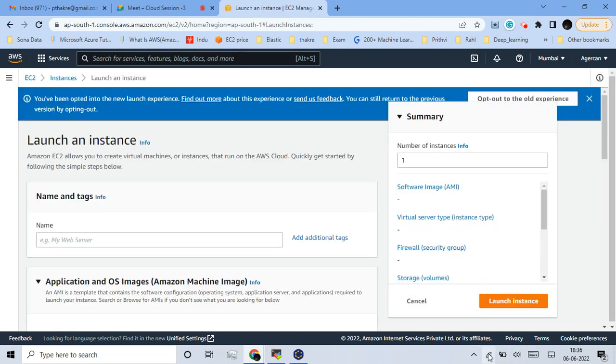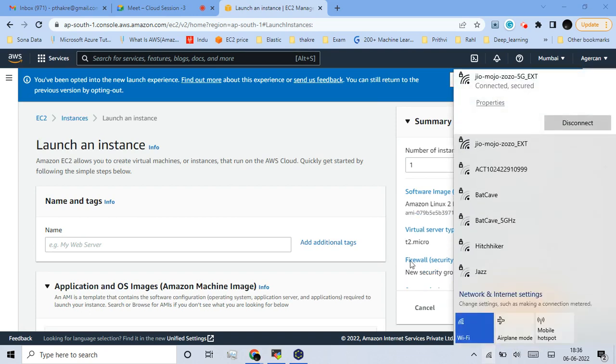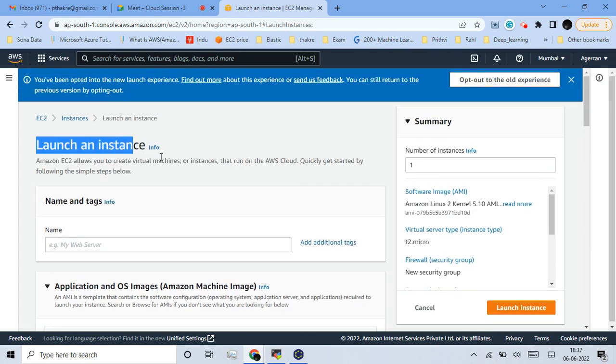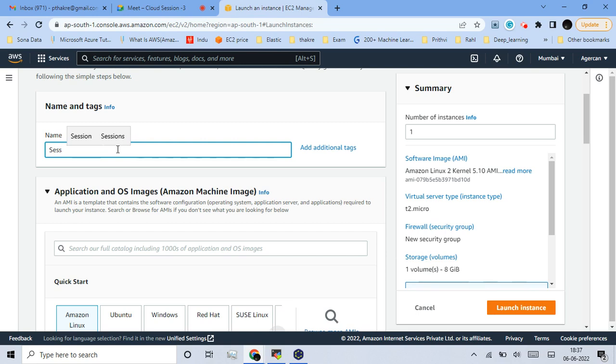Give me 1 minute, let me check. Okay, it's fine. Now we are on this page, launch an instance, and I'm proceeding further with the name. The name I'm giving is session 3. Here you can put any kind of name, but it will be related to your instance only. It will be region specific,